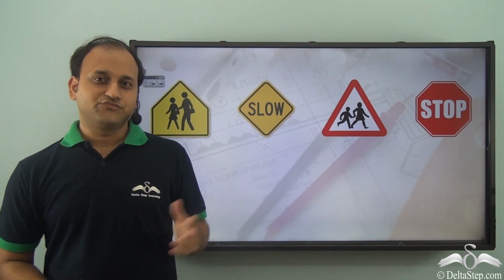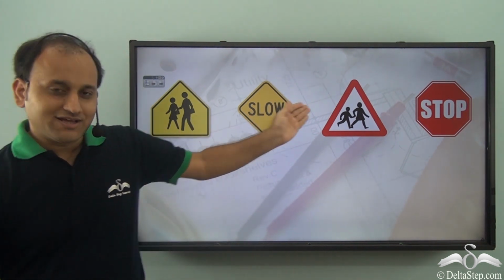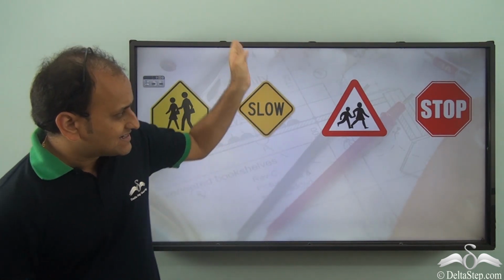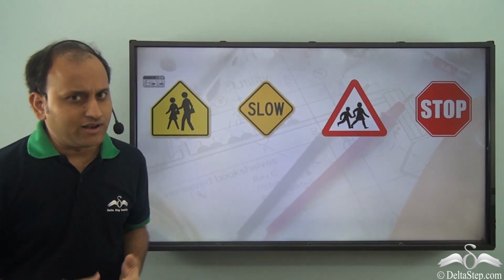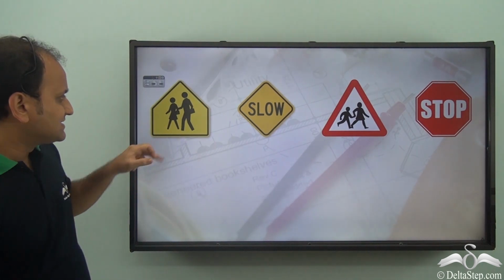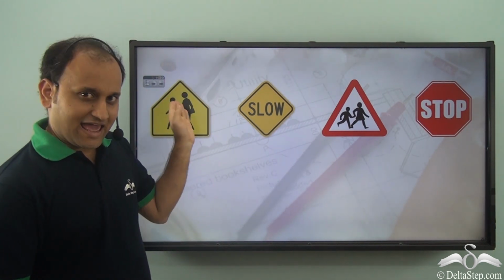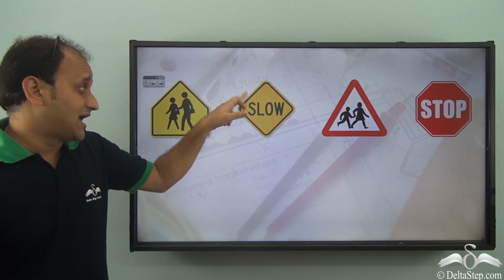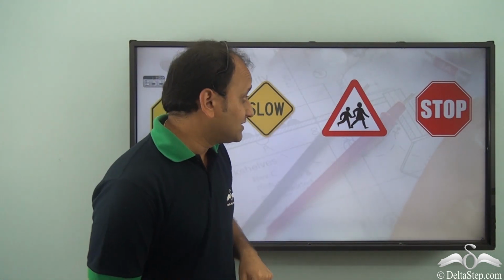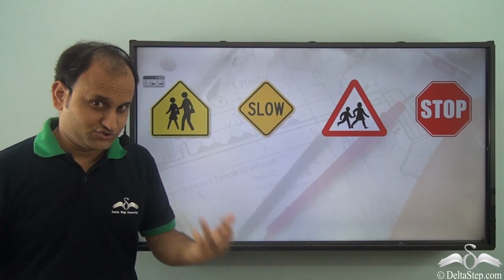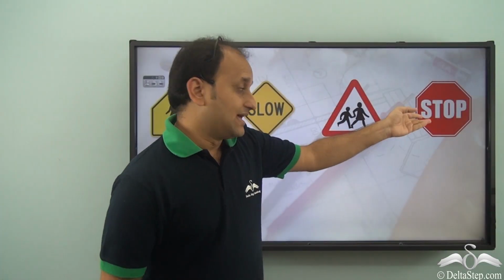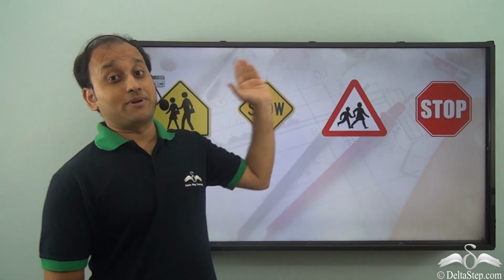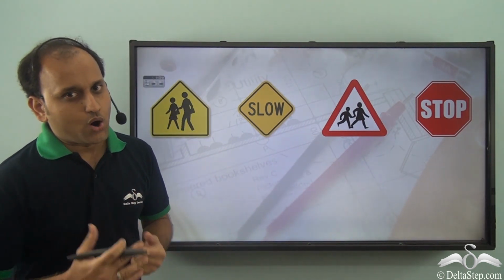What do we see here? Well, we see different signboards. Now, all these signboards represent the shape of a polygon, isn't it? What about this? This is a pentagon having 5 sides. What about this? A quadrilateral having 4 sides. What about this? A triangle, 3 sides. And this is an octagon having 8 sides. So all these are common polygons that we see all around us.